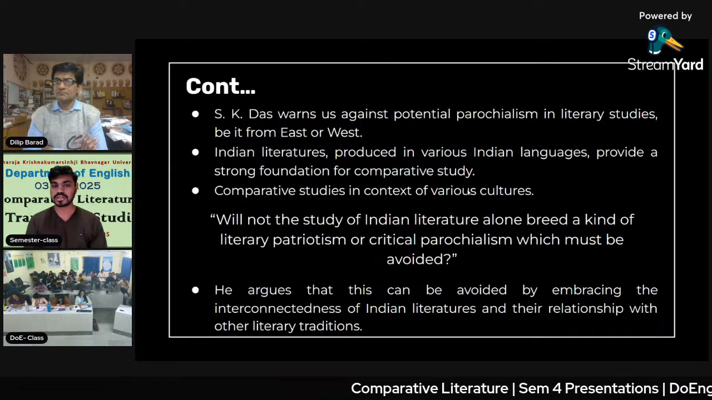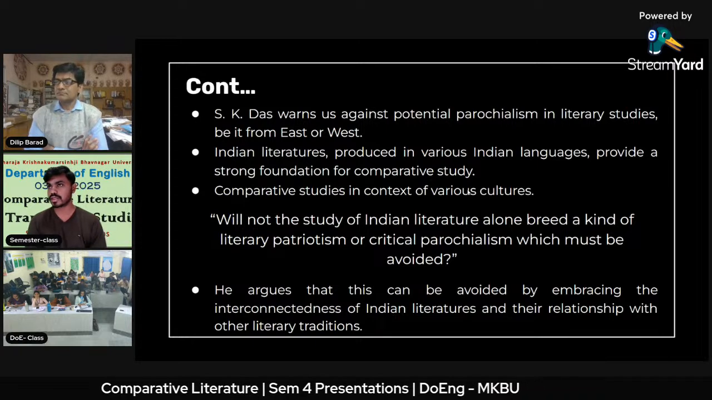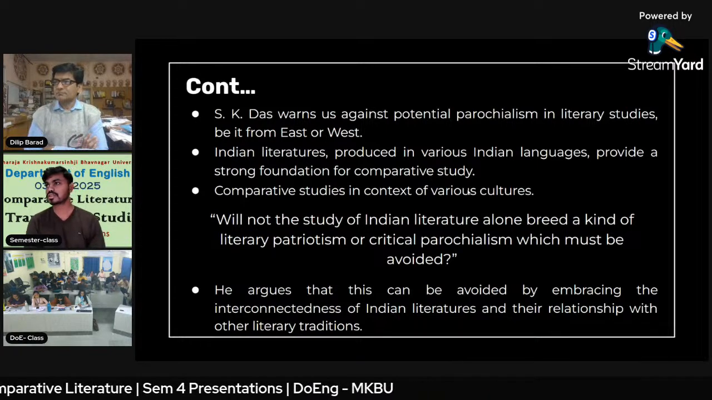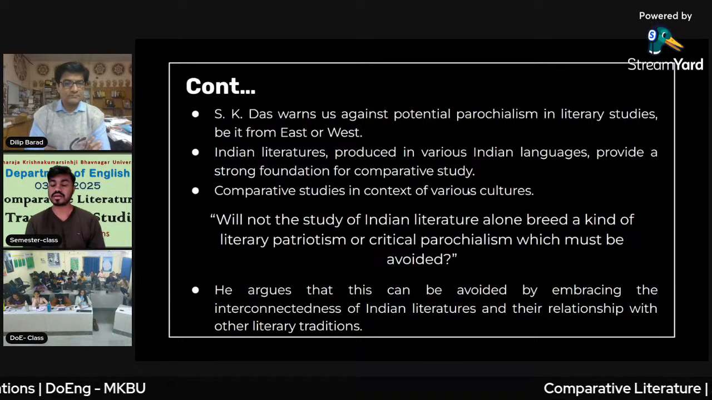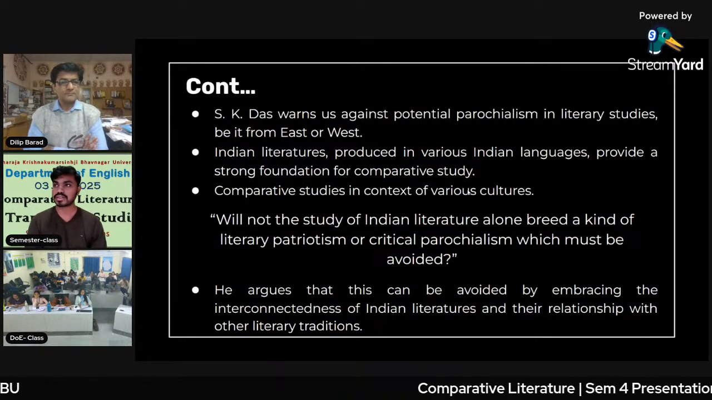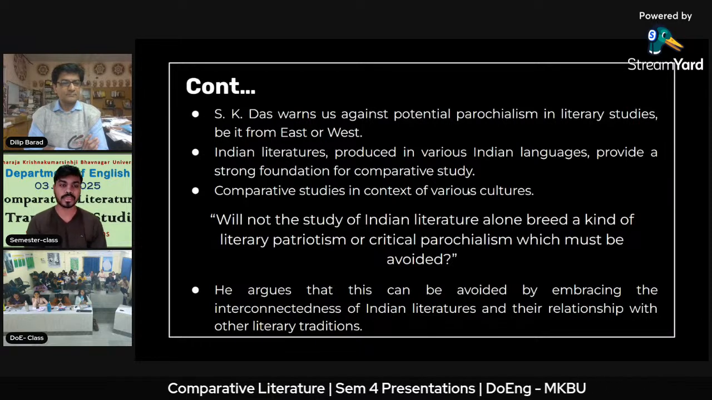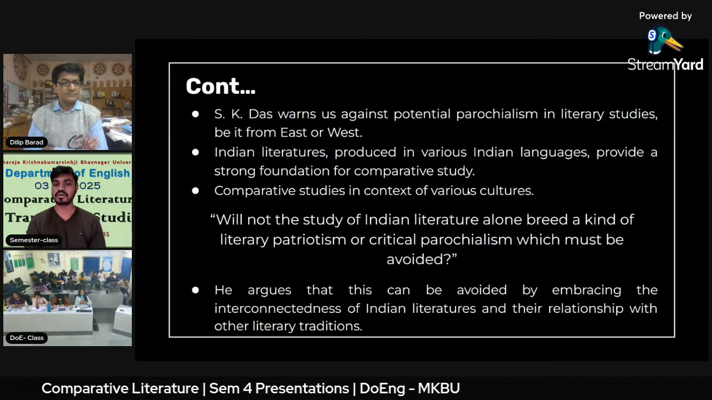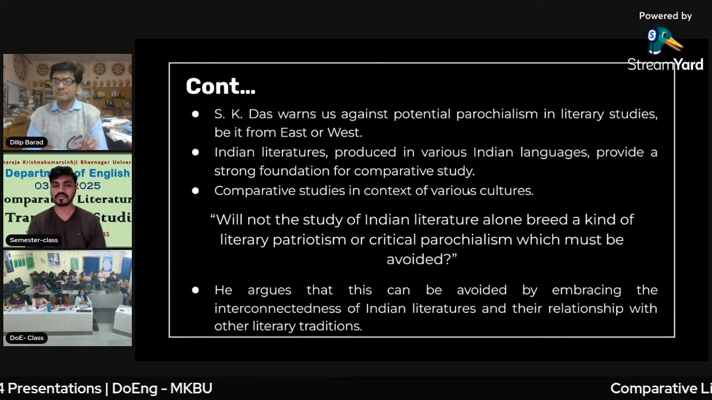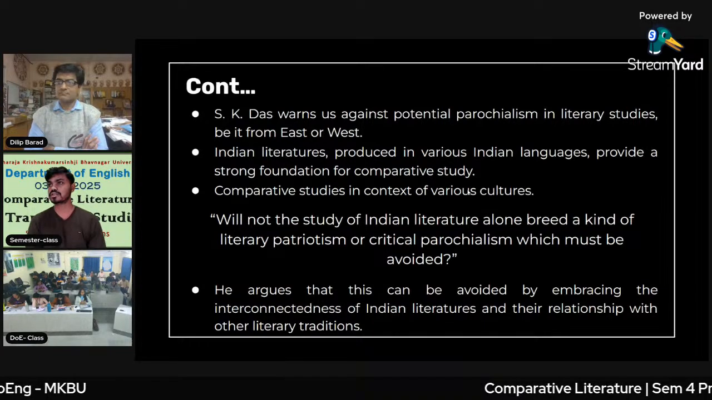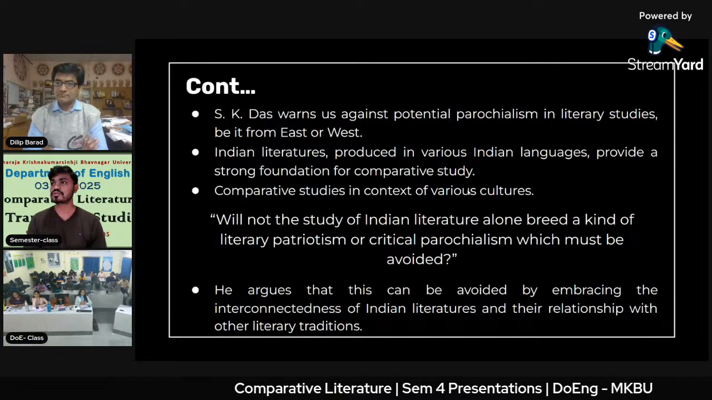S.K. Das also warns us against the potential parochialism in literary studies, whether it emerged from the East or West. He also gives the terminology of comparative Indian literature, and he does this not out of anxiousness that there is something like comparative Western literature also. Indian literature produced in various Indian languages provides a strong terra firma, or strong foundation, for comparative studies, because, as I have said, India has various languages, and they all form a strong framework for doing